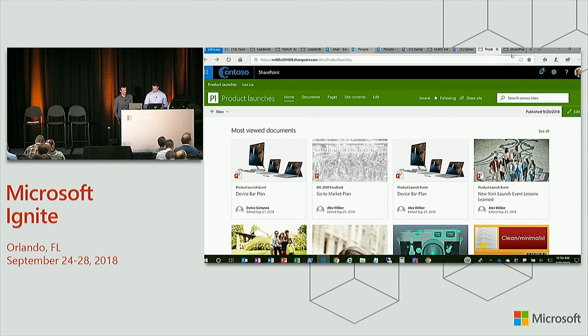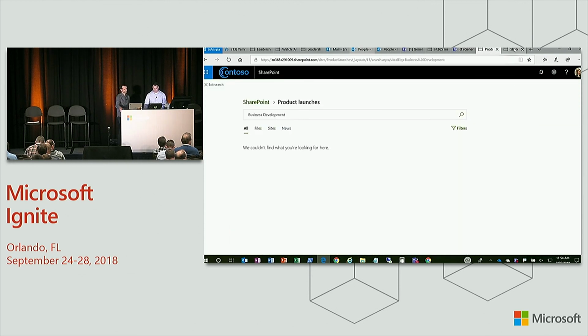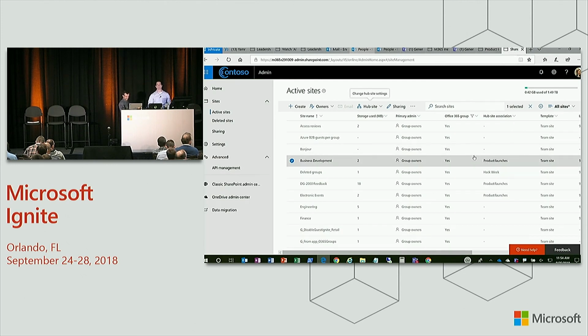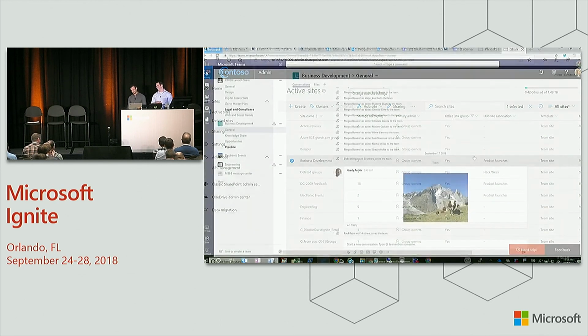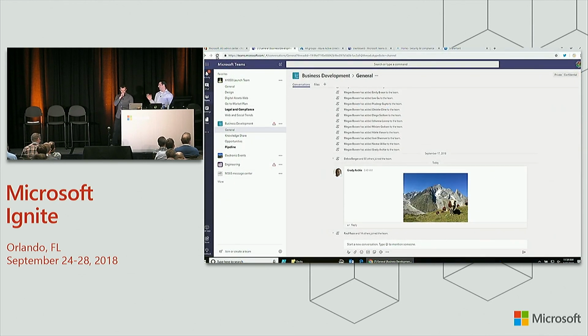Hold on a sec. Business development. Let's try that again. Okay, well, my search is a little bit shy. It probably asks for an aggregation. But here I've actually taken the site, connected it to my hub, and now it'll aggregate all that content with my other sites. How do you like that? Great, and I'm going to hand off to Christoph.